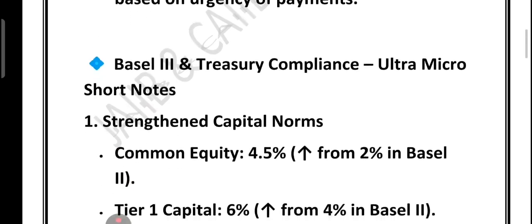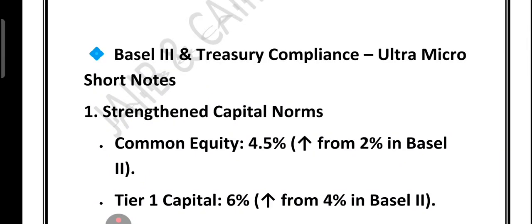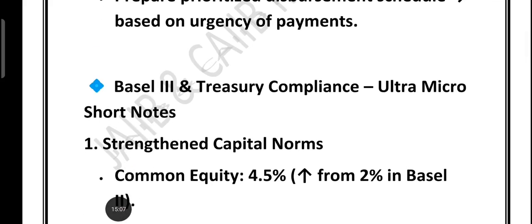Now friends, let's talk about Basel III. Yes, we are talking about Basel III and treasury compliance. Friends, this Basel III is a very hot topic for the CTP examination. They ask questions in one form or another. So we will break down the key Basel III norms, capital buffer, transfer pricing, and core treasury terms in simple,